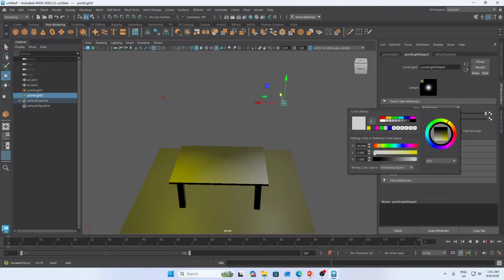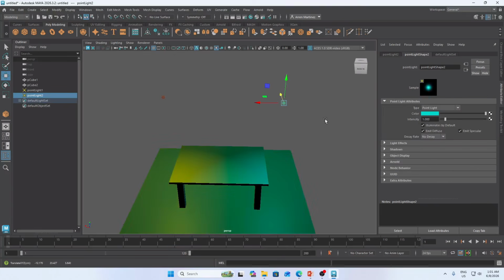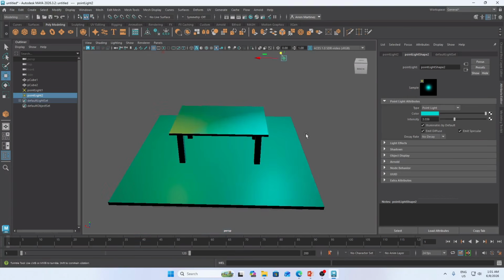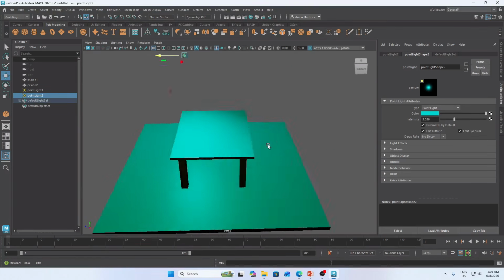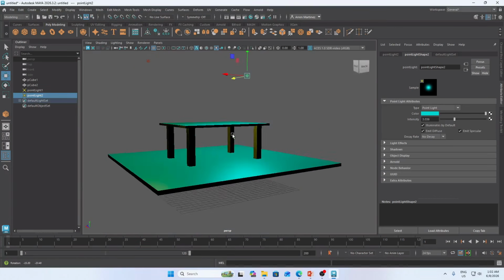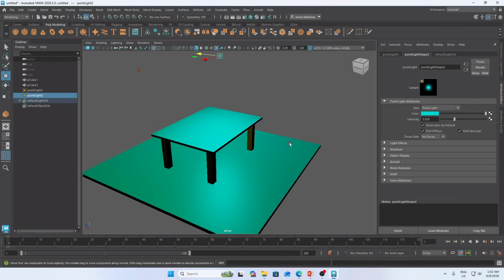You can change the color as well as the intensity. The higher the value of intensity, the brighter the light will be, just like this. That's how we can place a light.